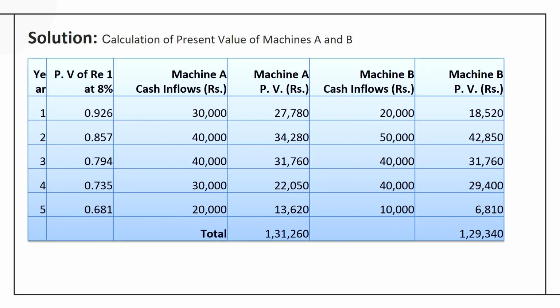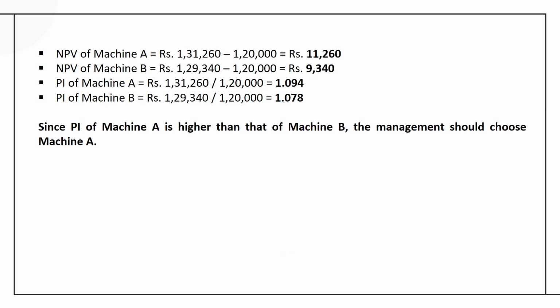The process of calculating the present value of cash flow is giving us 1,31,260 from machine A, 1,29,340 from machine B. Let us see how the PI would be calculated. So, it is the present value of future cash inflows divided by the initial investment. So, 1,31,260 divided by 1,20,000 will give us the profitability index as 1.094, whereas if we use the same formula for